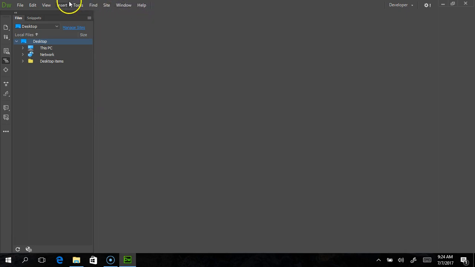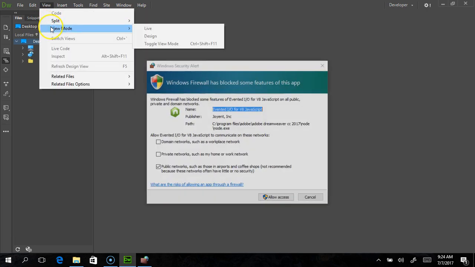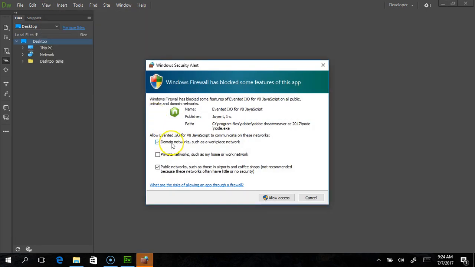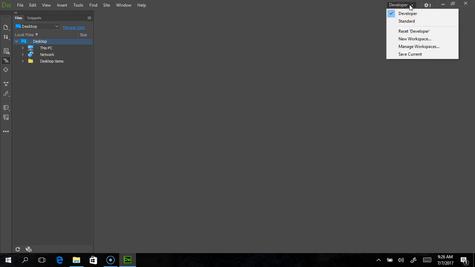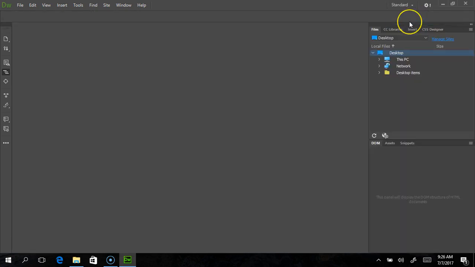If you go over to views here, you can see we have different views. This pop-up came up, so we're just going to allow access. Alright, and if we wanted to change that view off developer, like say if you want a standard view, and if I click right over here in the corner, I can change it from developer to standard, and it just switches those views around. Ultimately, it doesn't really matter, it's a personal preference of how you want to do it,